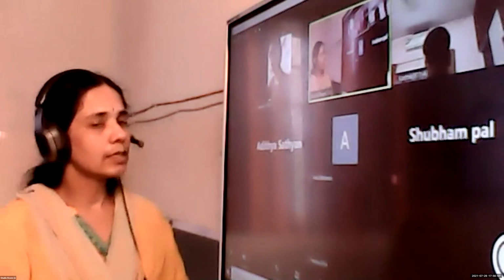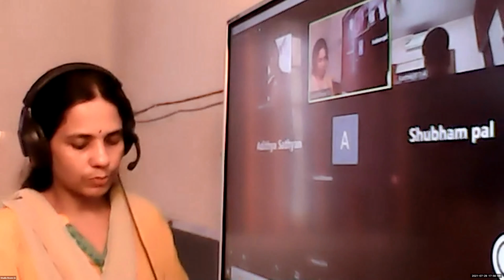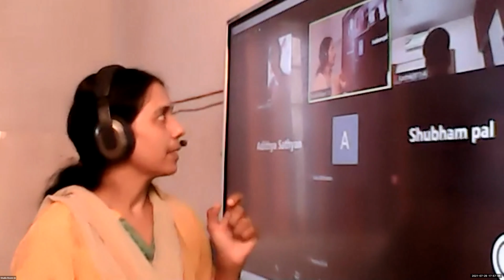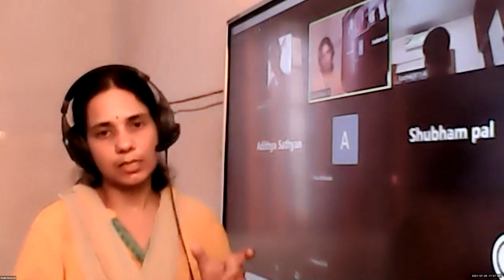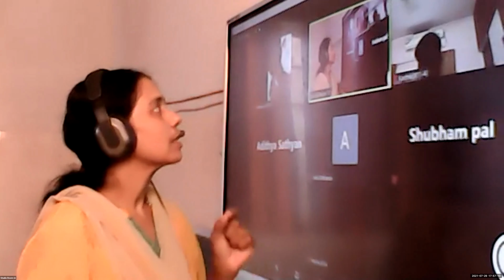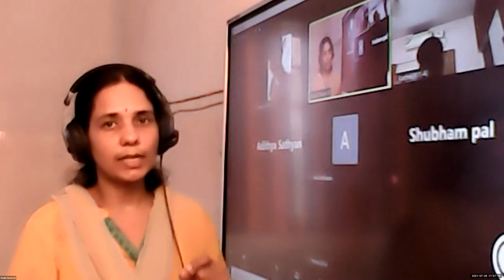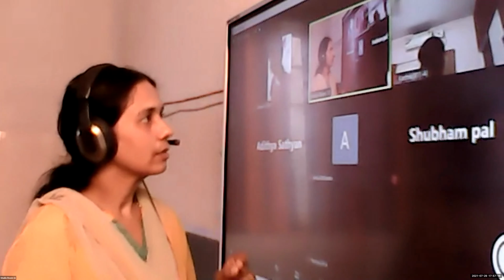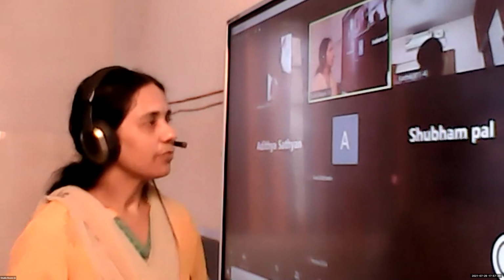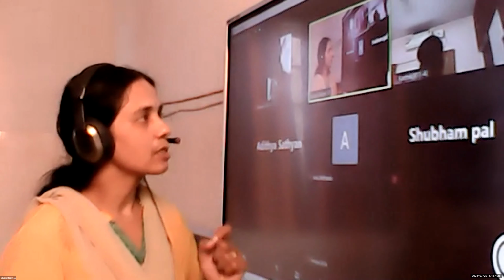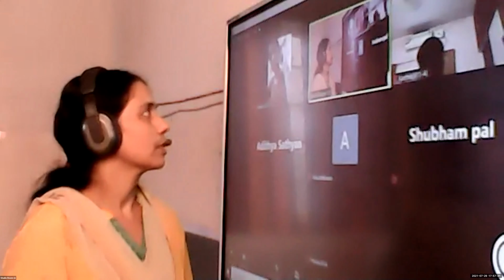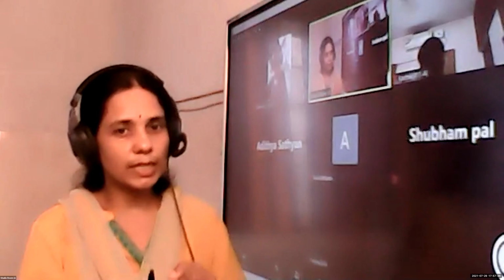Is it clear, children? Now, if it is non-homogeneous, then what you have to do? First, you find determinant, D. D means determinant of the coefficient matrix. If D is equal to 0, then we can say the given equation has infinite solution. If it is not equal to 0, then we can say it has unique solution. Then find out D1, D2, D3.